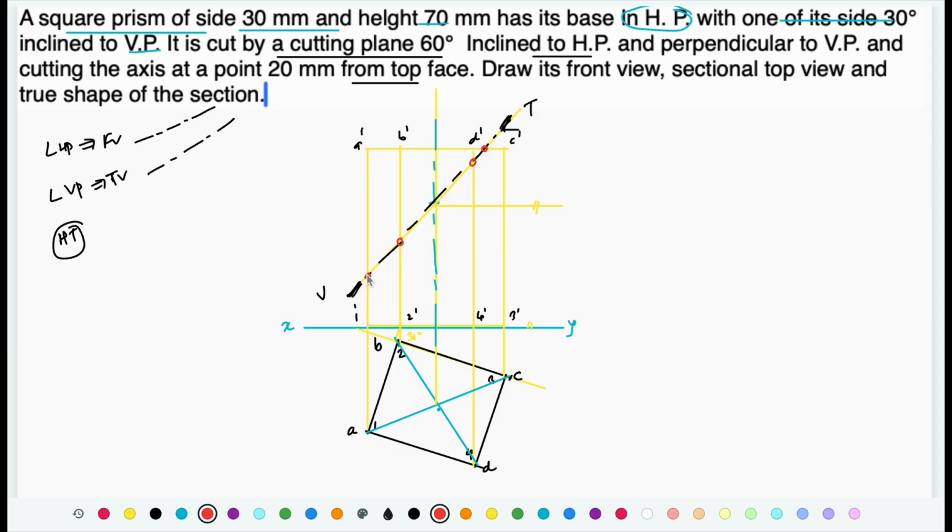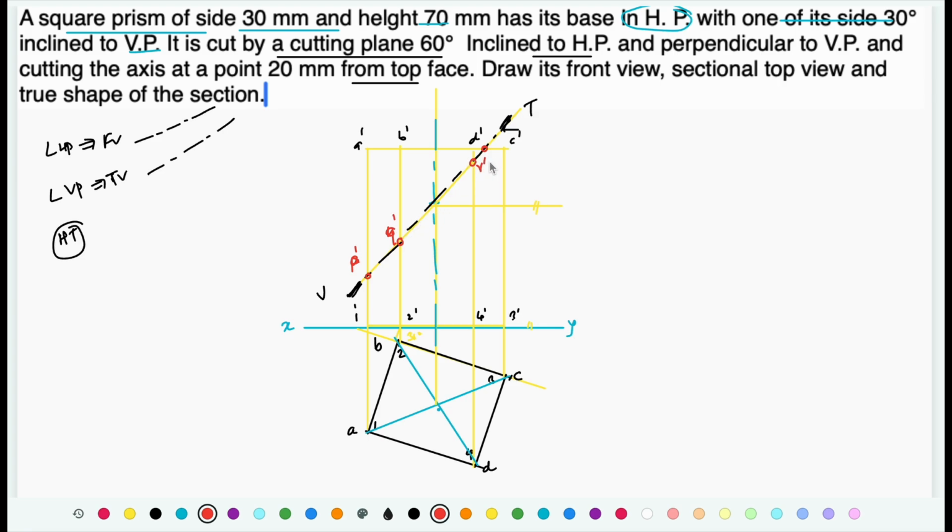Now let's identify the intersection points. This is intersection on the a dash 1 dash. This is on the b2, so sorry, we need to provide some different names. So let's say this is p dash, this is q dash,